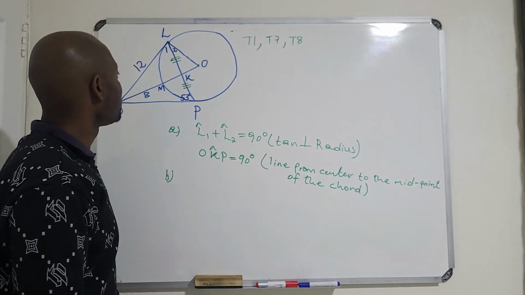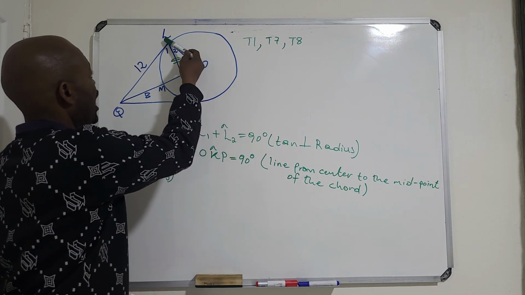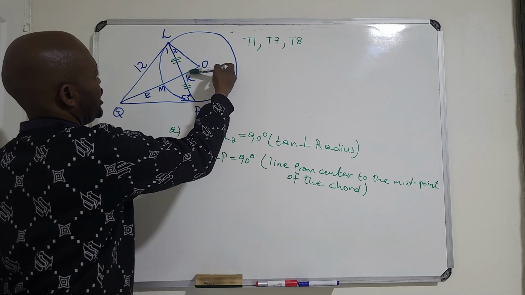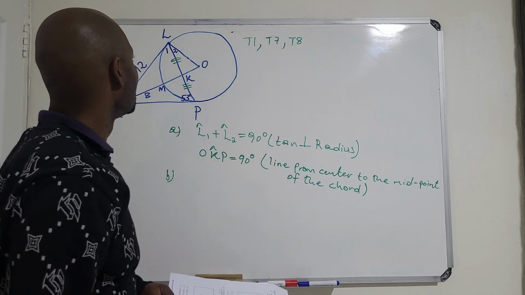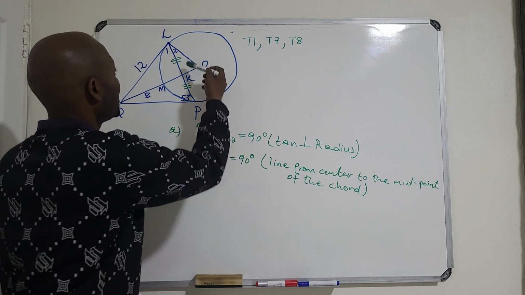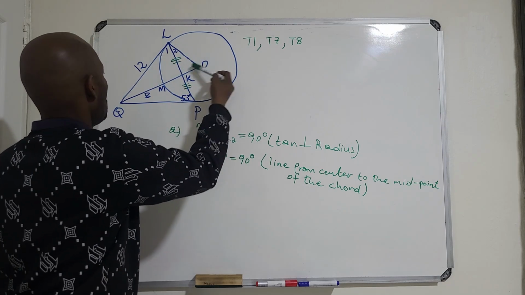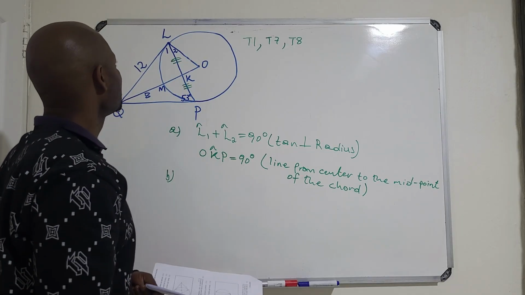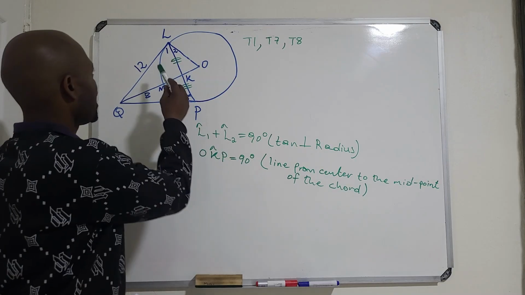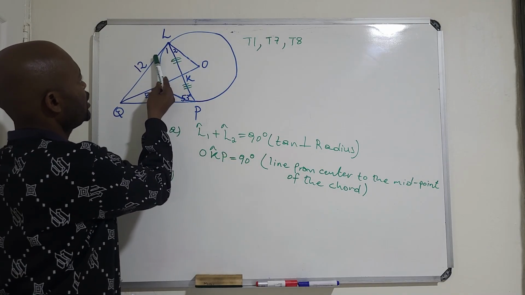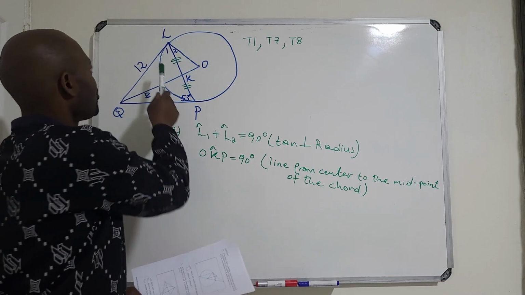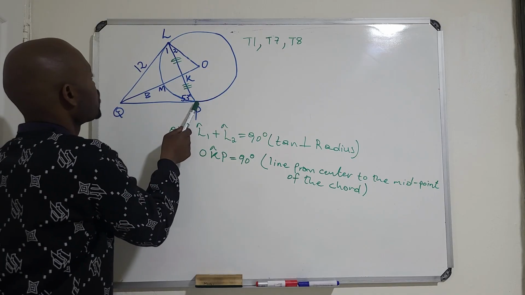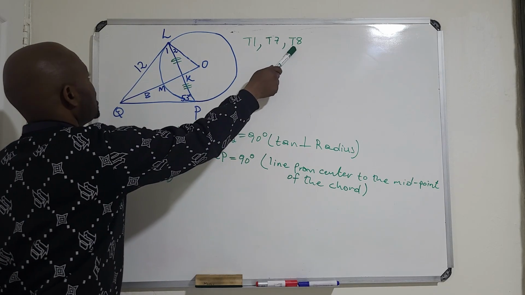Prove by calculations that angle LOQ is 53. Then they want us to prove that this angle here is 53. Now, for us to prove that this angle, which is angle LOQ, is 53, we start by saying, all right, this angle, which is L1, but before I can talk about the angle L1, I have to talk about this being equal to that. Theorem number 8, don't forget that